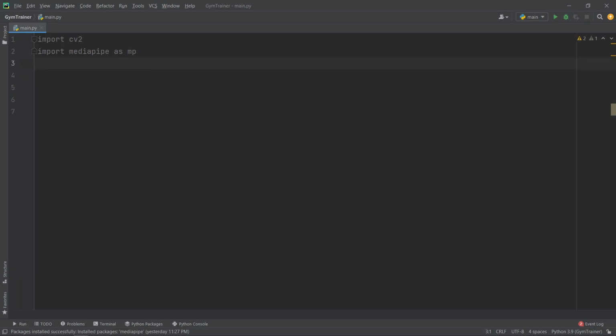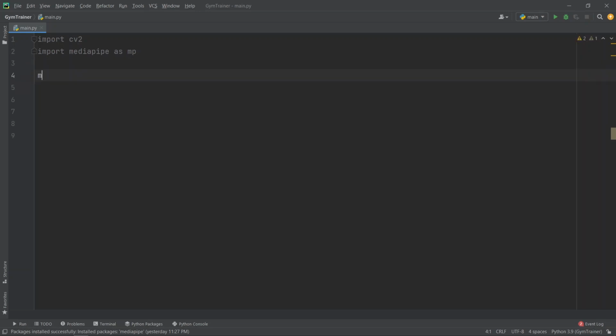Next, we have to build an object that will take the image, that will take the video, and it will detect the landmarks. It will detect the pose on that image and it will assign the points, landmarks on that. We also want to draw a bit on it, because otherwise everything will work fine, but just to perceive it in a better way and to look at how the computer is visualizing it, we will try to draw the landmarks on the body as well.